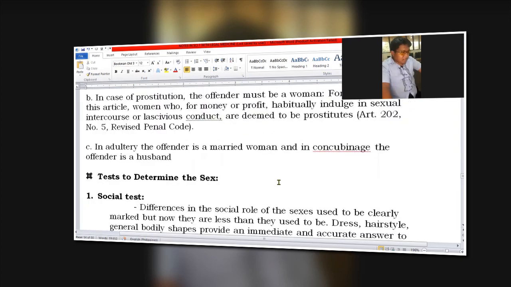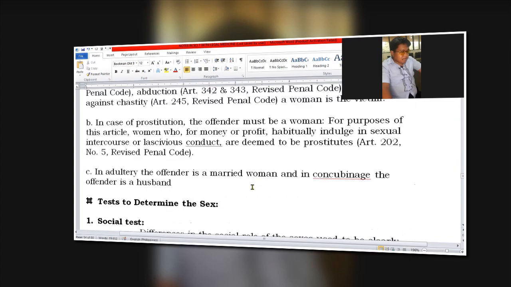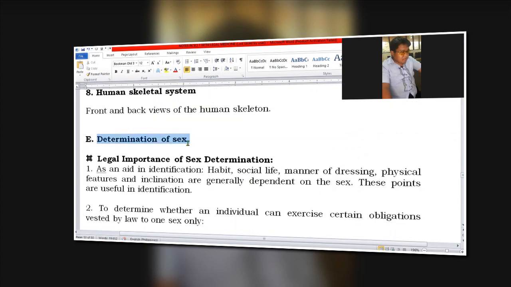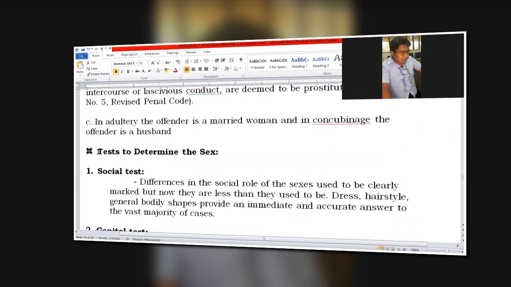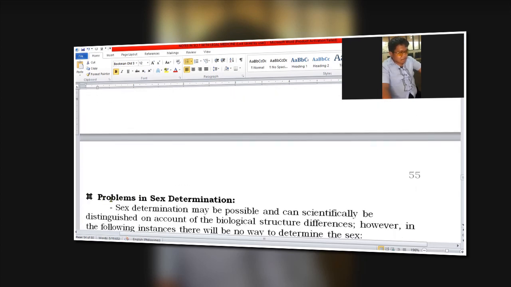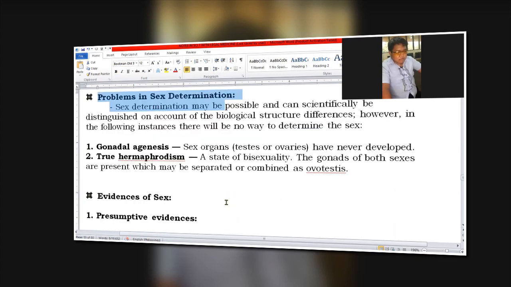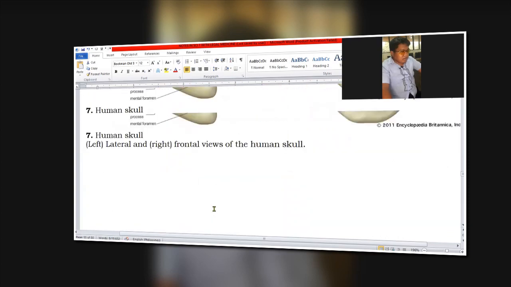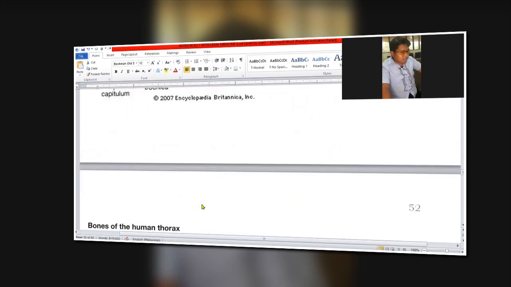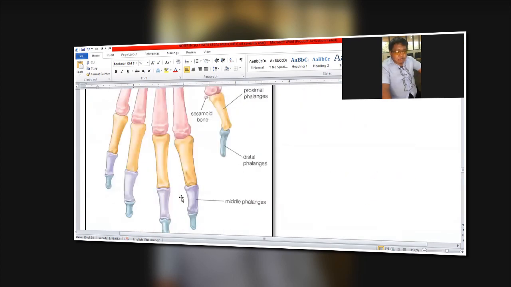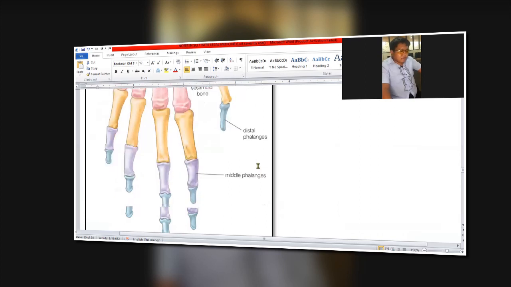So, for the meantime, let us summarize our discussion. We discussed, we ended in the determination of sex, in particular, tests to determine sex and problems in sex determination. We will continue the discussion later. Okay? So again, do not forget our discussion in the methods of identification. Okay? So with that,